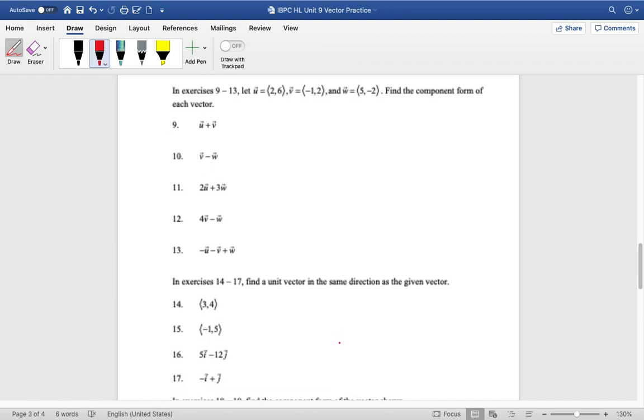This time they gave me vectors already in component form. I don't have to put them in component form. So I just wanted to make sure that you were,